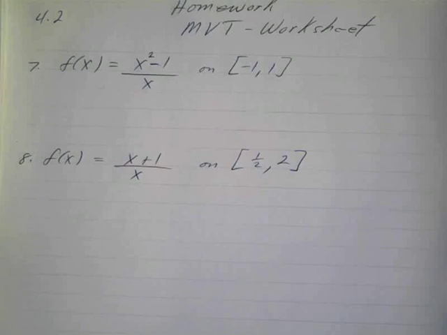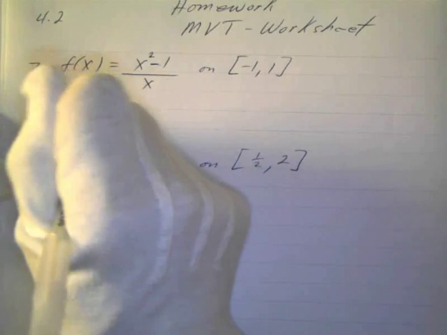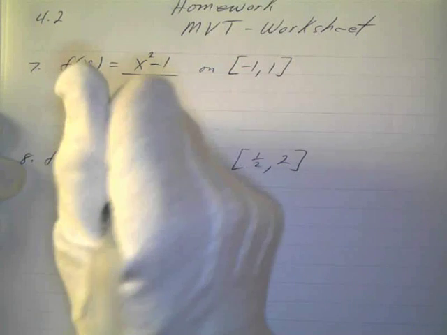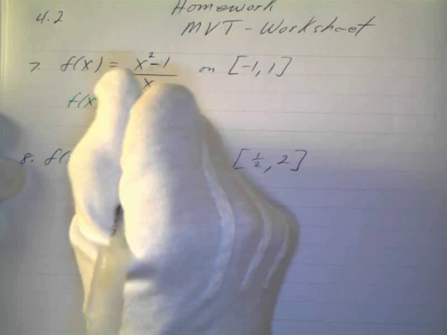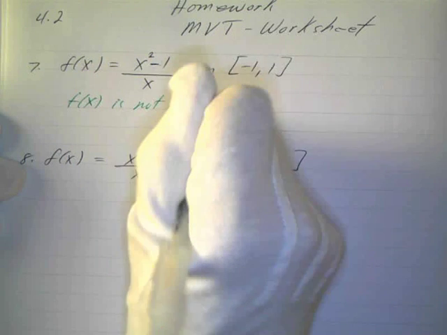Here's another problem from the mean value theorem worksheet, and this is number 7. f of x equals x squared minus 1, all over x. On the interval -1 to 1, and we can see we have a vertical asymptote at x equals 0, so we can say f is not continuous